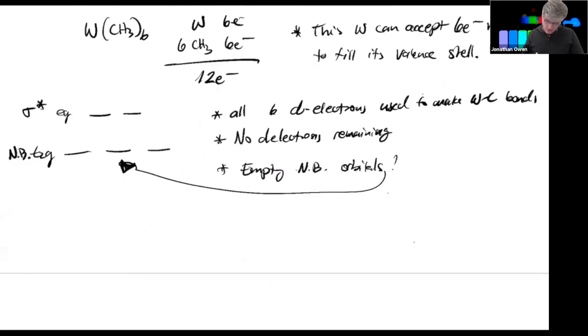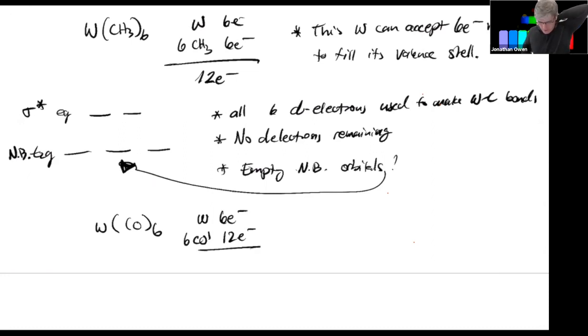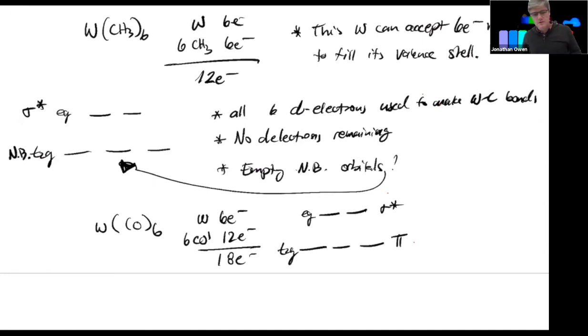No. Let's look at tungsten hexacarbonyl. Tungsten has got 6 electrons, you got 6 COs, that's 12 electrons, right? Each carbon monoxide brings 1 lone pair. You got 6 of them, that gets you to 18 total. In tungsten hexacarbonyl, you got pi, sigma star over pi, and the 6 electrons are still on the tungsten center. It's tungsten, it's not tungsten 6 plus here, it's tungsten 0. It didn't use electrons in making the sigma bonds, and so